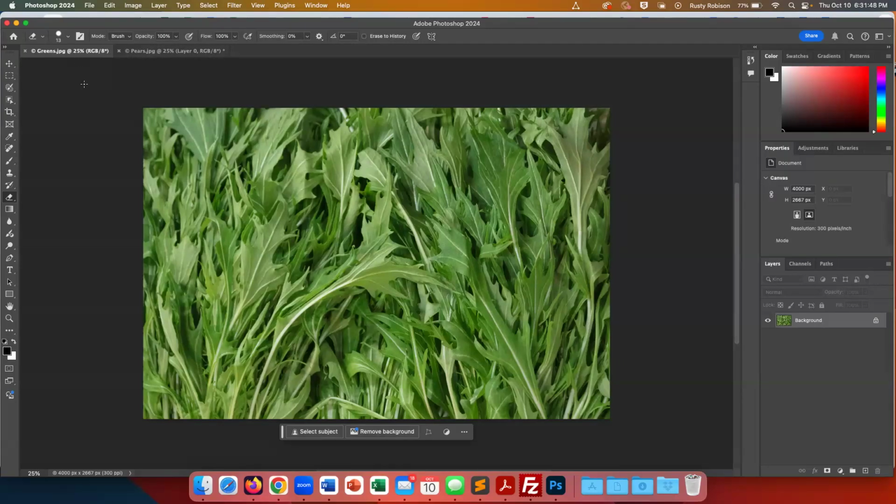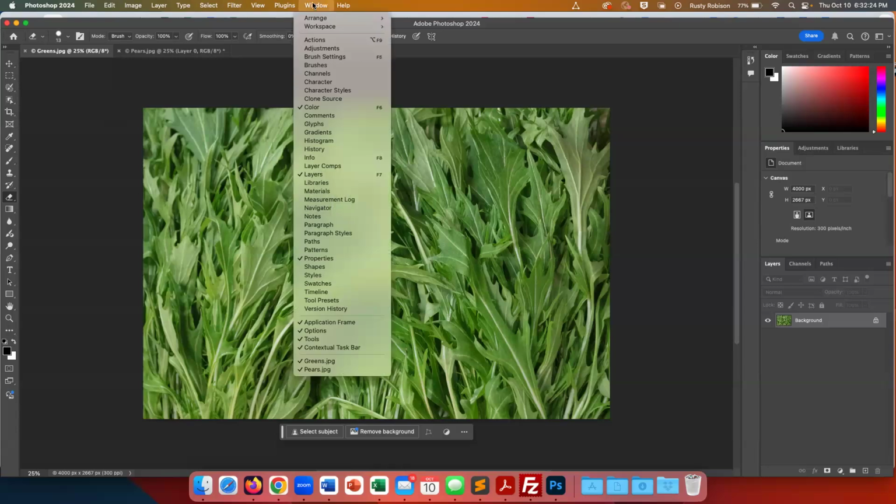So if I wanted to work with both of these images in one file, there's many ways to do it. I could just copy and paste one into the other, but one way to do it is to go to